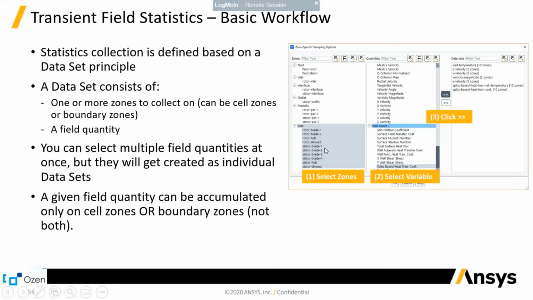As you see here, if you select the surfaces and then select the quantities you're interested in, and then shift it to the data set, all the possible combinations which are available and can be saved would be saved inside the data set, which saves you a little